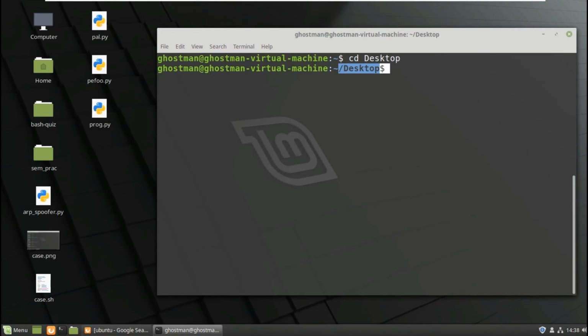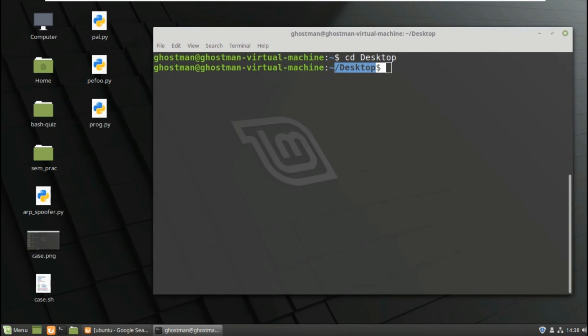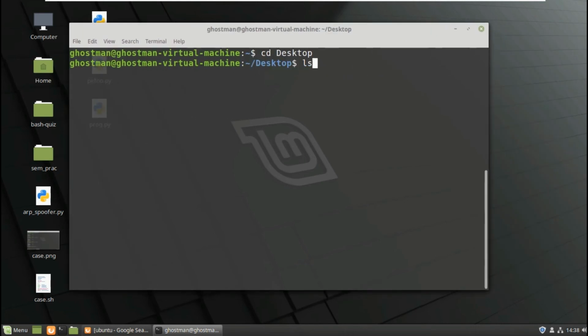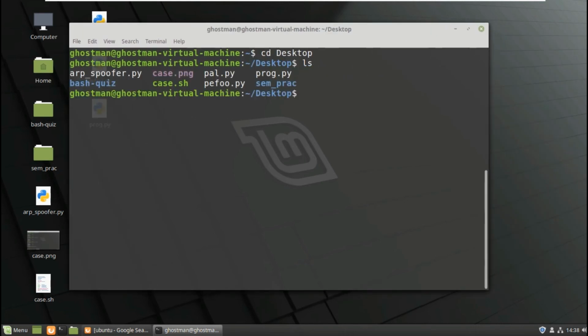And if you want to list the files, what type of files are present in the desktop, we can do ls. If you do a basic ls over here, you will get all the files present in the desktop. ls is the abbreviated form of list. So if you do the ls command, you will see all the files which are present in the desktop. It's not only the case of desktop. Suppose if you want to go to the downloads, you can press, sorry,